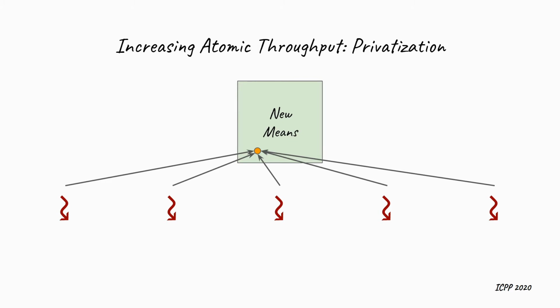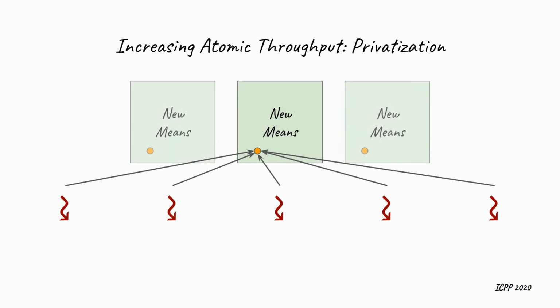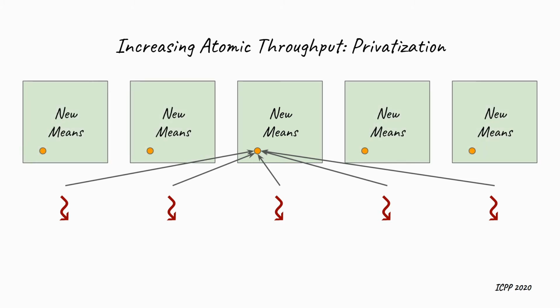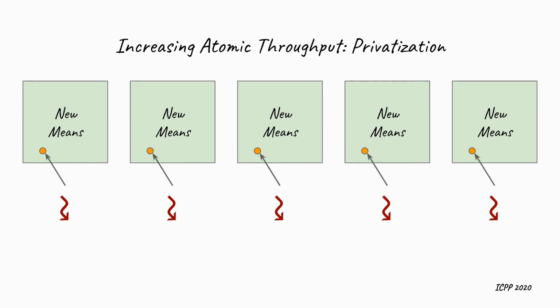Hence, the best performance is achieved if the means matrix has at least as many items as there are GPU cores, assuming the updates are distributed uniformly. If the matrix is small, we can improve the odds by privatization. The matrix is copied multiple times in the global memory, and the collisions may be reduced by assigning different copies